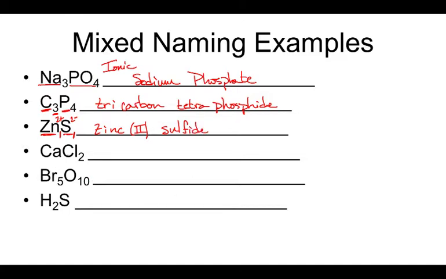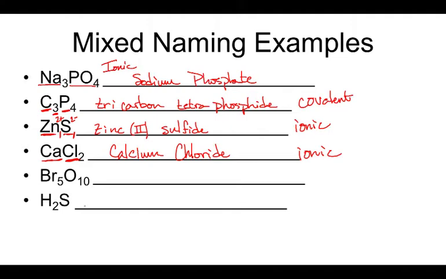Right. Now we've got calcium and chloride here. Calcium is a metal, and it's not a transition metal, so it's just going to be good old calcium, just normal. Then we've got our nonmetal, which is chlorine, and so it just turns into chloride. Right? So just to recap here, because I've forgotten to do these, this guy, remember, was covalent. This guy here was ionic. This guy here was also ionic. Right? So we've got